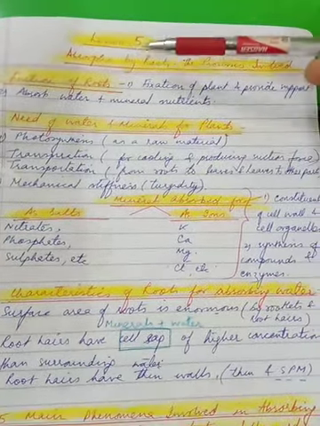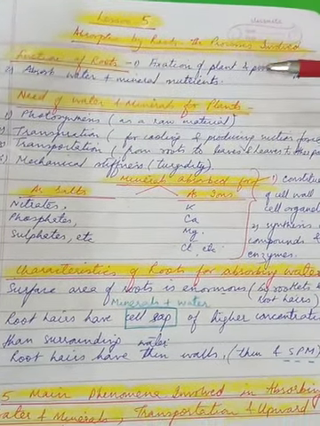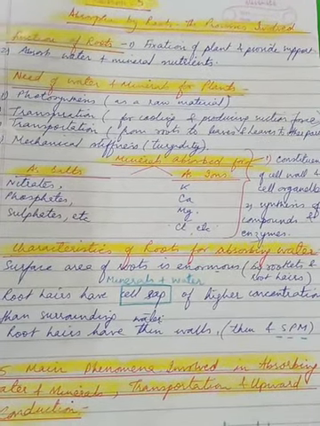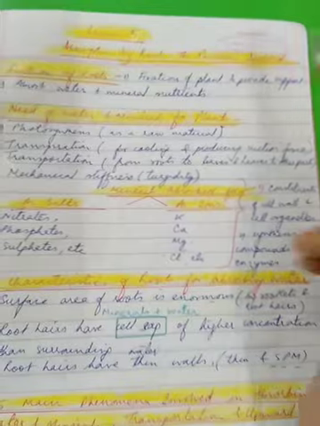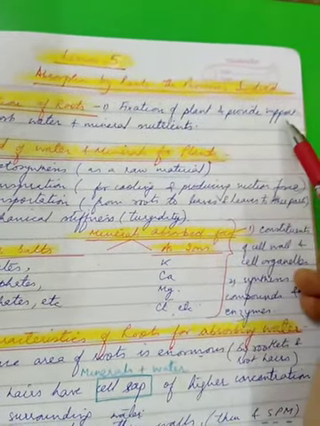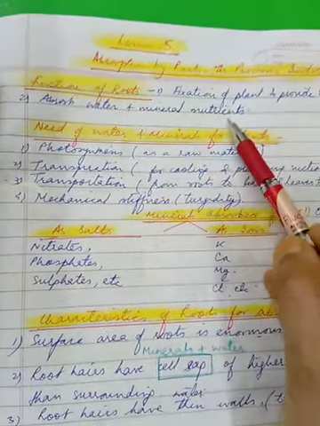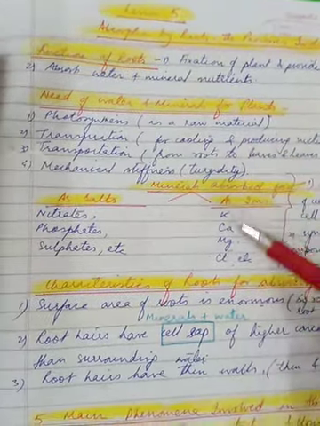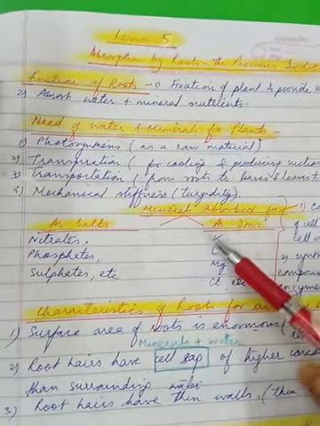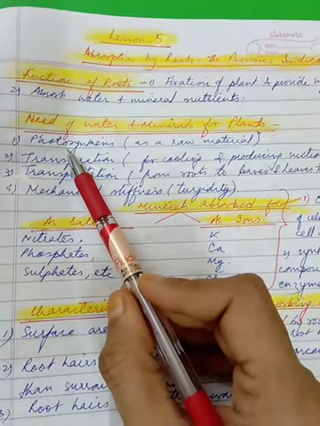The topic begins with roots, their functions, and the need of roots as efficient absorbing structures. Roots, children, we know they carry on very important functions for the fixation of the plant and providing support. Apart from it, they also absorb water and mineral nutrients. Alright. Now, what is the need of the absorbed water and minerals? Let us do one by one. First, let us see the importance of water in the plants.